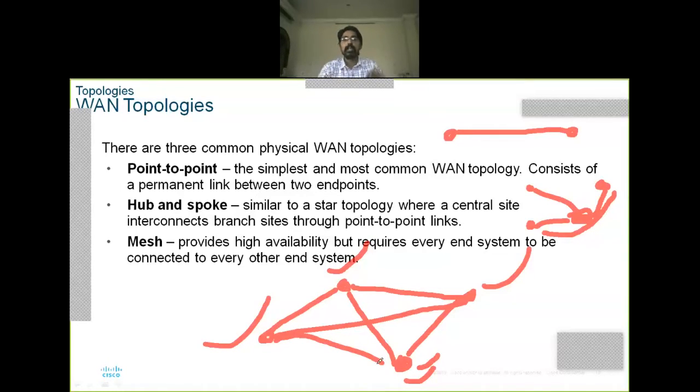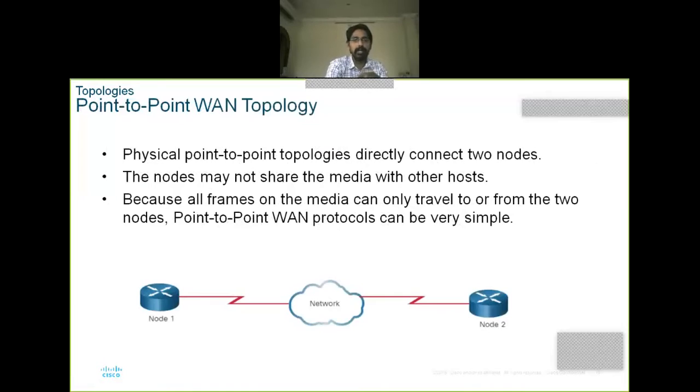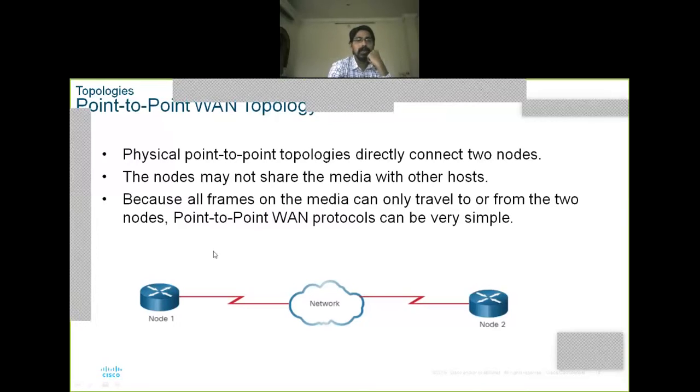But with such a large number of connections, it provides high availability, but it is costly, right? Next, point to point WAN. Already I told you. In this case, a router device is connected directly to another router through a network medium.